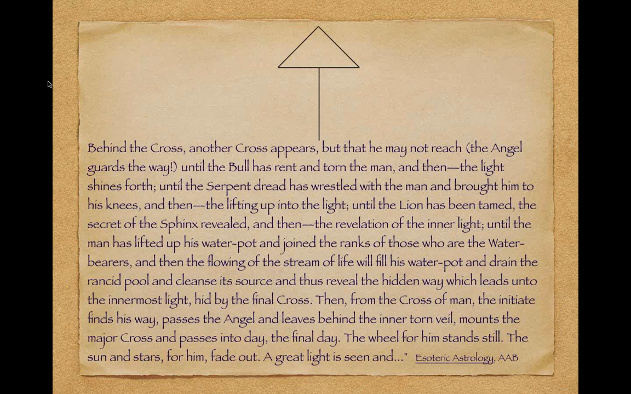Behind the cross, another cross appears, but that he may not reach, the angel guards the way until the bull has rent and torn the man, and then the light shines forth. Until the serpent, dread, has wrestled with the man and brought him to his knees, and then the lifting up into the light. Until the lion has been tamed, the secret of the Sphinx revealed, and then the revelation of the inner light, until the man has lifted up